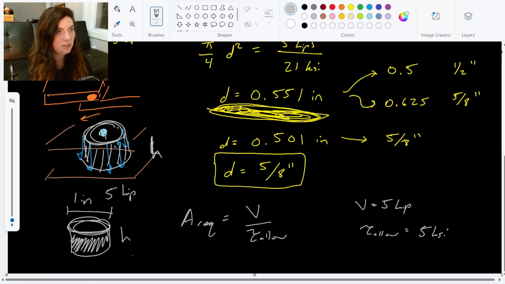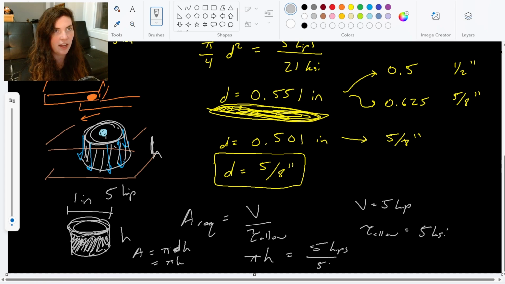So my area is going to be the circumference times H. Circumference is pi d, so the area is pi d H. That's my circumference times the height. It gives me the round area around that cylinder. So I have pi times H. It's 5 kips over 5 ksi. So that my allowable height is